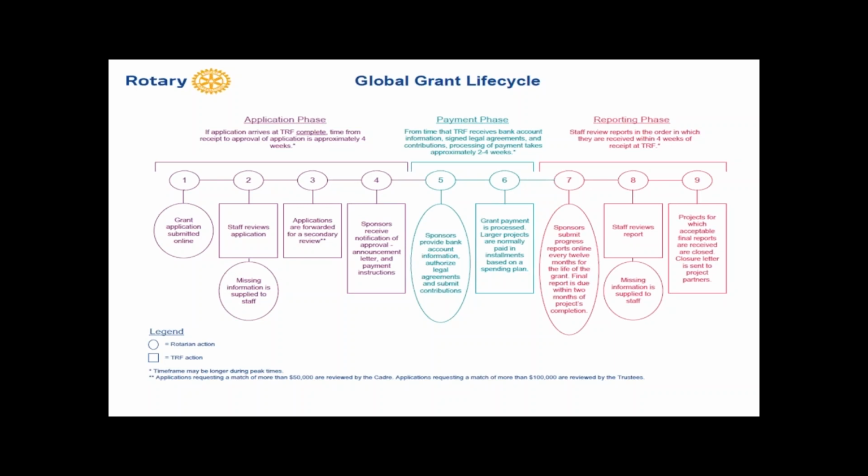Then it's the payment phase. You have to provide a bank account and let them know where the money's going. You have to have the payments processed, and then there's the reporting phase. And that's really important because our district is monitored every few months on who is late in their reports. I get big Excel spreadsheets with red things that we don't like to see. We usually have a 97% reporting accuracy and on time. We've dropped to 90% because there's one or two clubs that have been a little bit tardy.